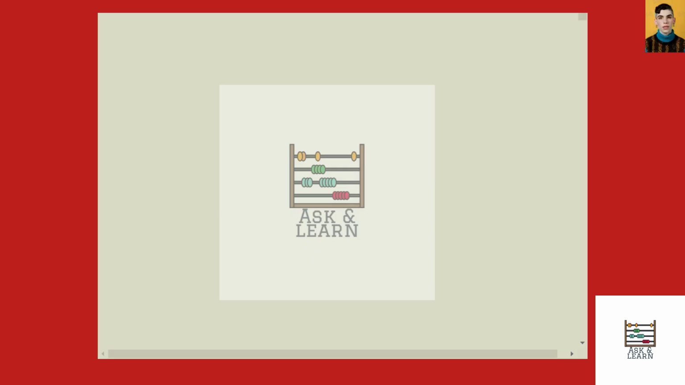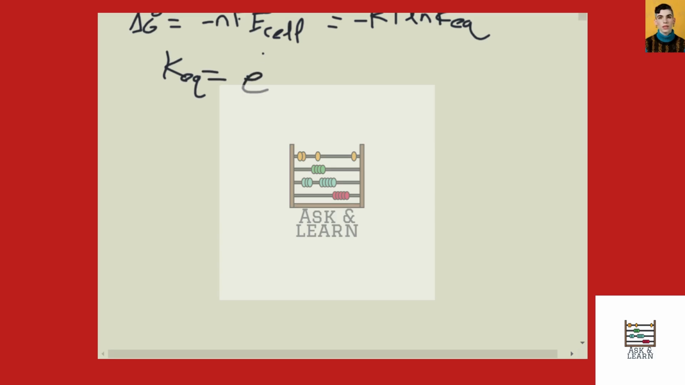So here we're asked to find the equilibrium constant. We remember that we can relate the equilibrium constant and the cell potential of a reaction through the free energy. And essentially, by rearranging and exponentiating, we can find that the equilibrium constant is equivalent to this quantity, where